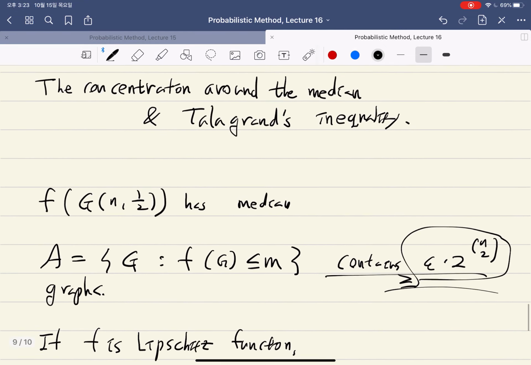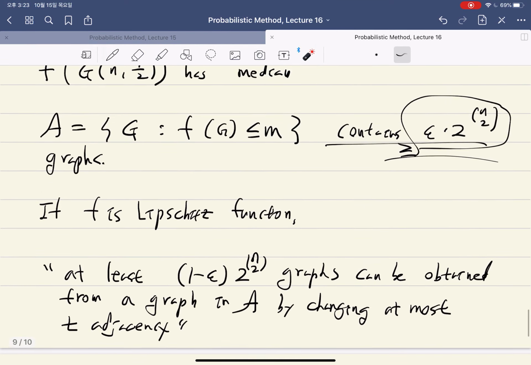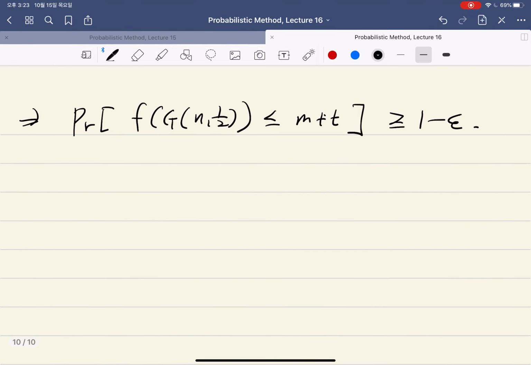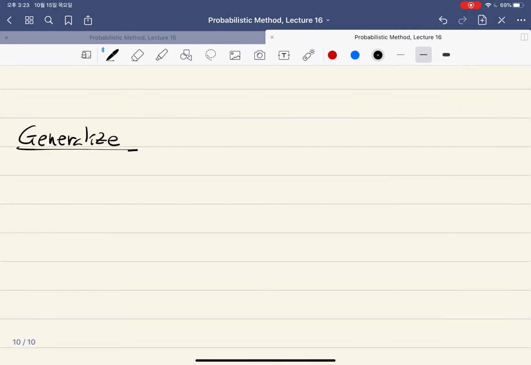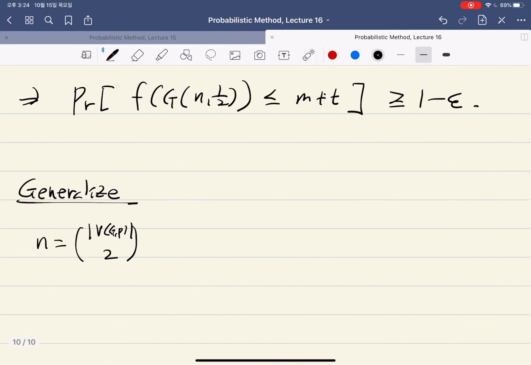Anyway, again the important thing is that this random graph is a collection of independent random variables, and we are changing at most t coordinates here. So we can actually generalize this setup into the following. We have, say, n be the number of vertices in G(n, p), choose 2. So here we consider n as the number of vertices, but we want to now consider n as